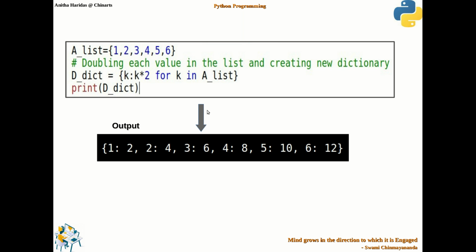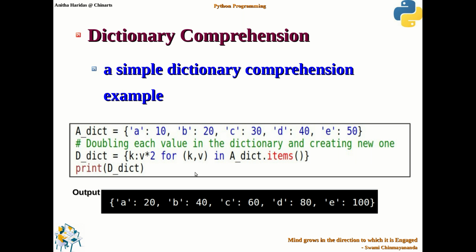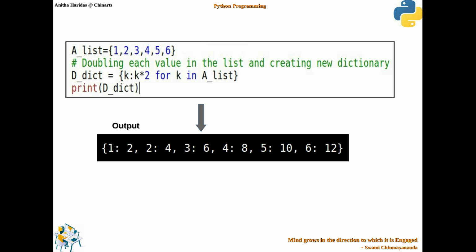This is another example here. See here what we had seen: I have used a dictionary itself as the source for creating a new dictionary. So that means I am creating a new dictionary from an existing dictionary. Whereas in the next example, I am creating a new dictionary from an existing list, not a dictionary. Okay. So this is a list here.